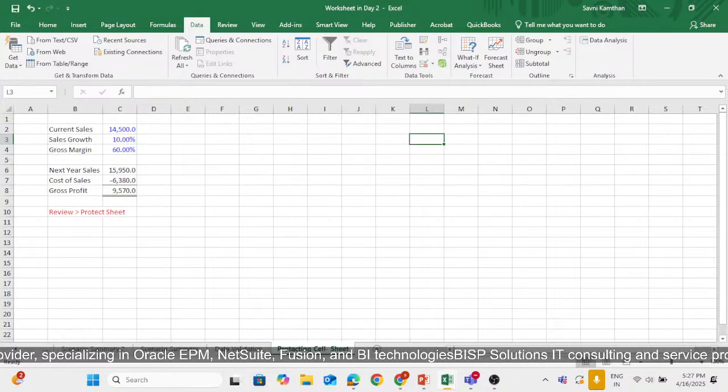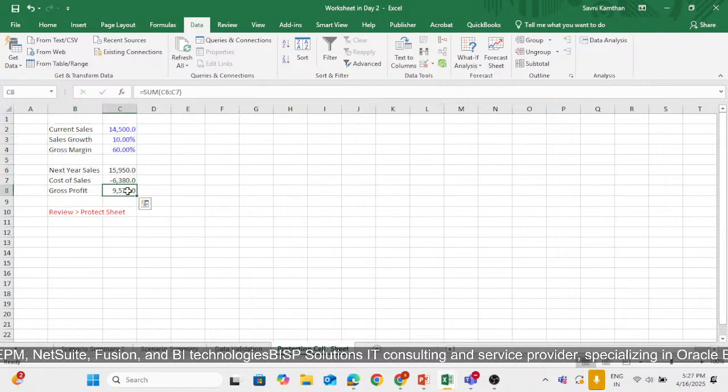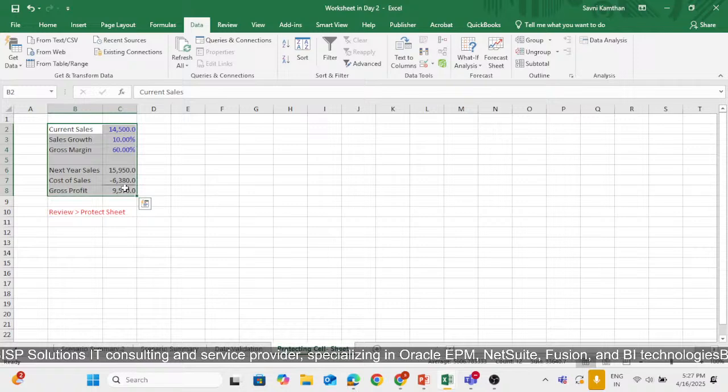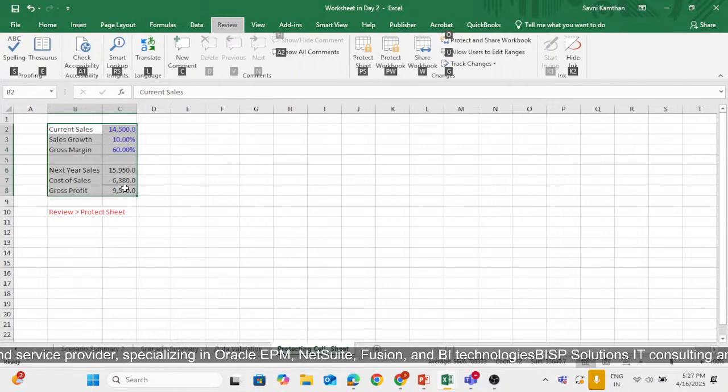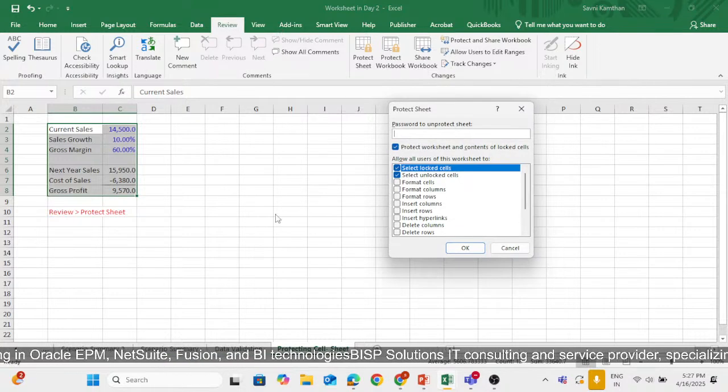Then coming to protecting the cell or sheet. If I want to protect this data from being hampered, and I don't want anyone doing anything with my formulas, I will be selecting my whole data and coming to the review section. For that, Alt R, and here we will be seeing protect sheet. So we will be typing PS. It is showing us what you want to protect. I told my Excel to select locked cells, and it already has this tick mark, select unlocked cells also. Okay, and once I click on OK,